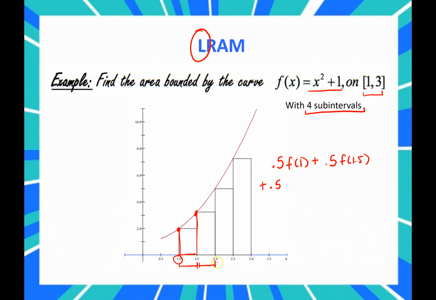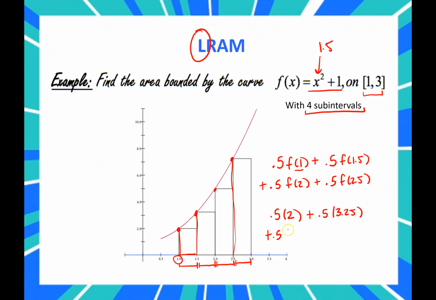Again, plus 0.5 because we've got another 0.5 right here. And this height is going to be f of 2. And then 0.5 for the last one, that's my width, and my height is going to be associated with that 2.5, f of 2.5. Well, some of these we can do in our head, right? F of 1, we just plug in 1 here. 1 squared is 1 plus 1 is 2. So it's going to be 0.5 times 2 plus 0.5. What do we get when we plug 1.5 in? Well, I actually am going to have to use my calculator on that. I get 3.25